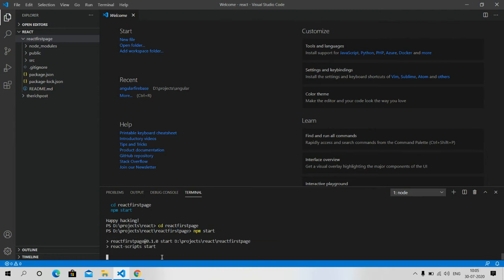So we will see our first demo project in React. Look, React.js has been downloaded successfully on our machine.